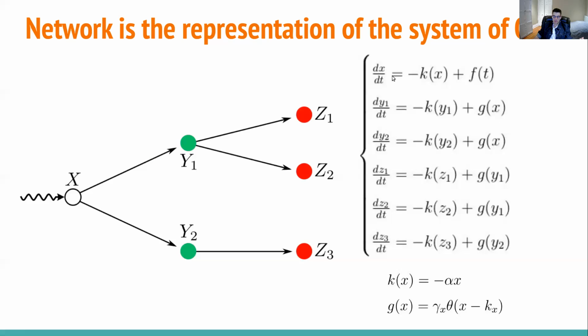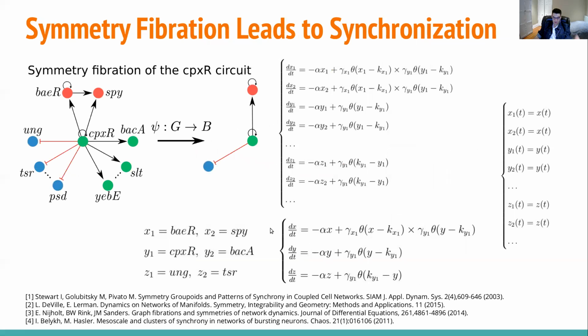Each one can be a network, each one can be a system of a few ODEs, and the coupling can be very complex. It doesn't have to be a theta function; it's just here for simplicity. Now, what has been shown in the recent 20 years in these few papers is that